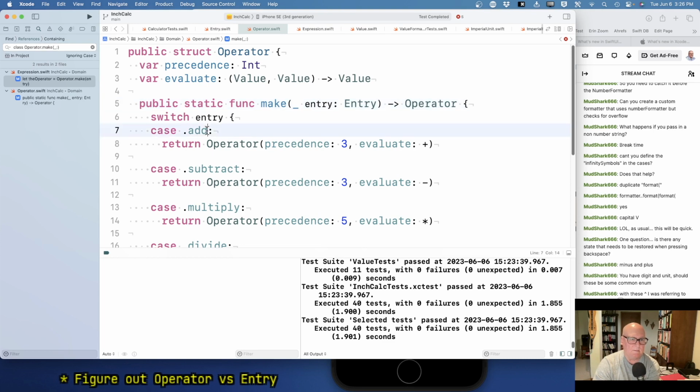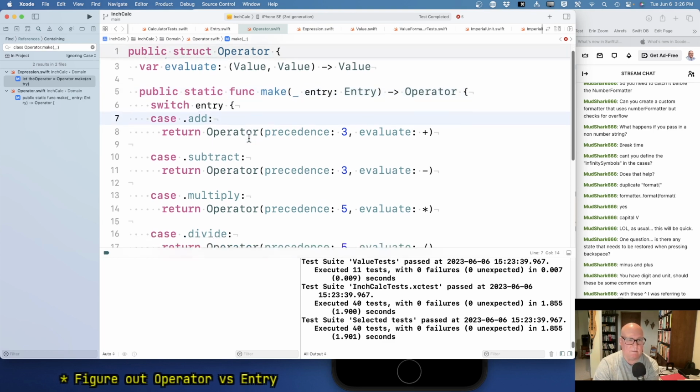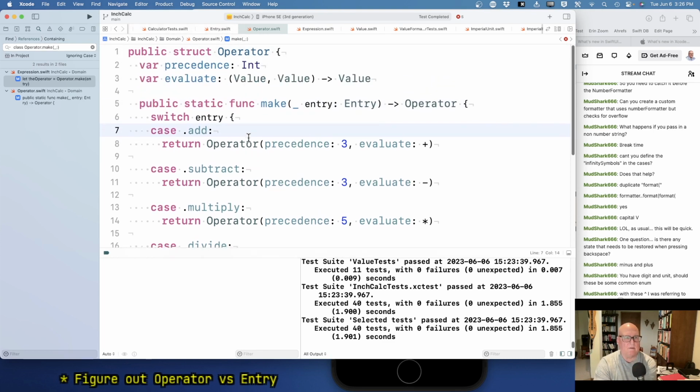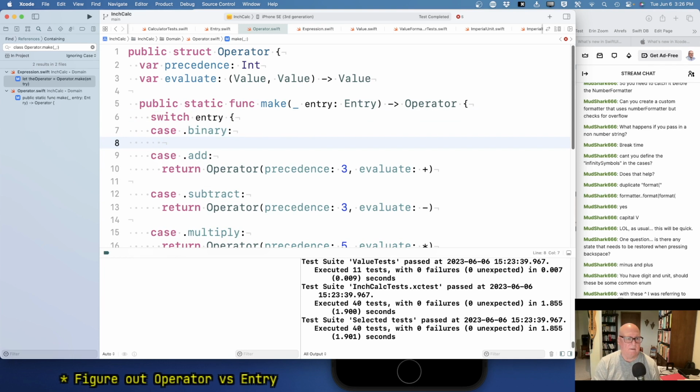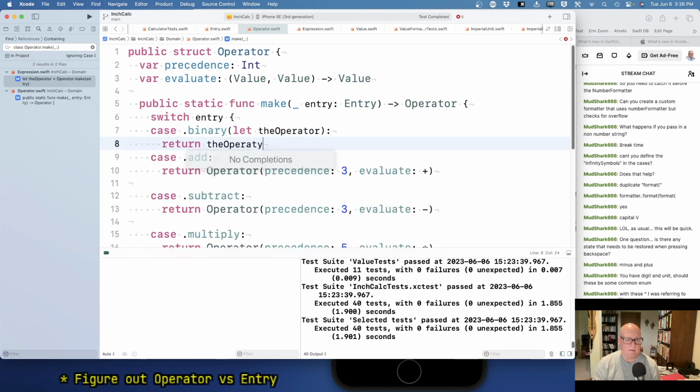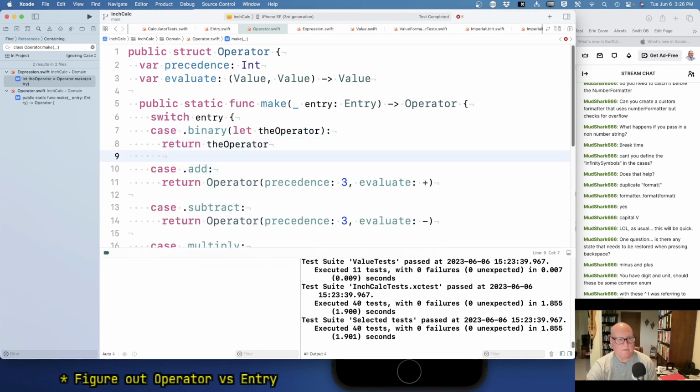Well, what's that binary? And this is let the operator. And we're going to return the operator. Okay. I'm going to inline this eventually. Okay. Let's see. So